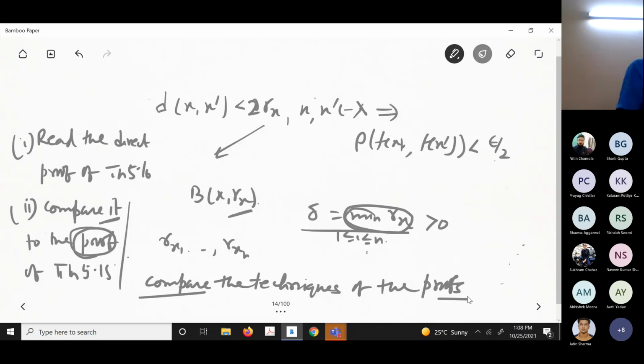So this you should do. I put a star mark on that. And the remark already explained that all these things are where you are using compactness. If you do not have compactness, everything will work. Only then you will have to take the infimum of phi, but that will only be greater than or equal to 0. So if it is 0, then it won't work. But you may say sometimes it may come greater than 0. Of course it may come. But then you will have some other result than that, under which condition it will be. Not necessarily does it have to be compact. It is possible.